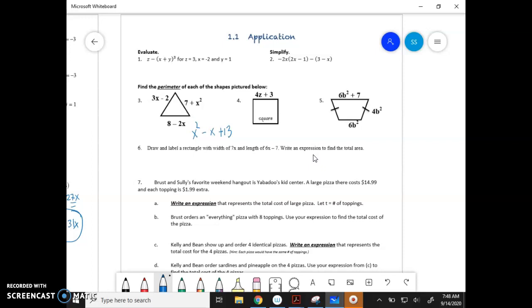Let's see, what else we got? This is a square, so you could count it up 4 times, or it'd be a lot easier to just do this, square it, which would really just mean 4z, and then you distribute and then combine like terms. Okay,